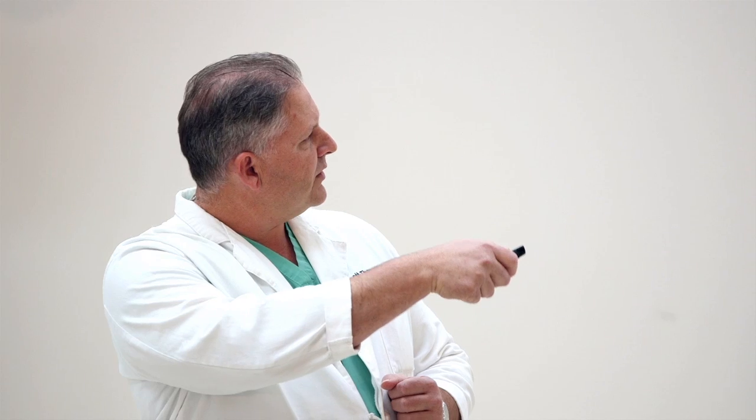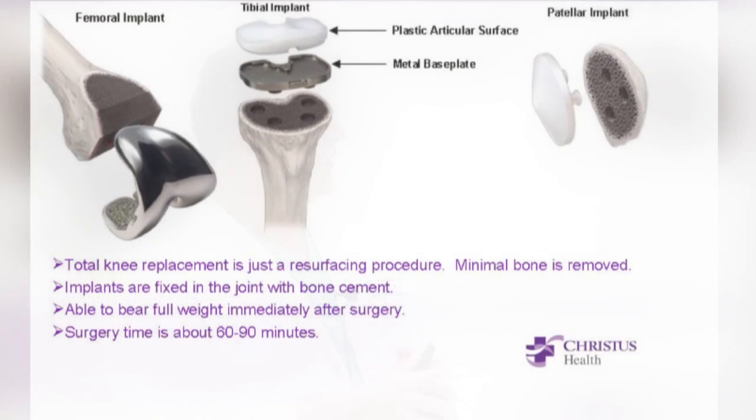Okay, you're taking as little bone as you need to. So you take a little bit off the end of the femur, a little bit off the front, and this is all. You have special guides to help you make your cuts, to make as little as possible, and so that it fits the patient. It's not a one-size-fits-all kind of deal. You have multiple different sizes available before you start your case. When you make your cuts, it keys so that it fits perfectly onto the back of this prosthesis. Okay, and then you're going to take off just a few millimeters off the top part of the tibia,